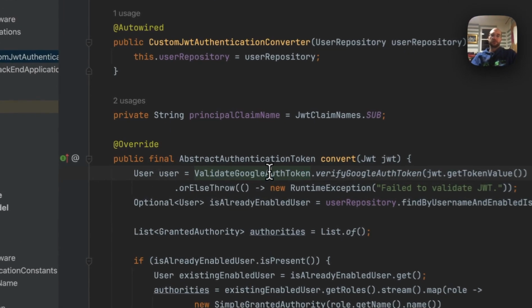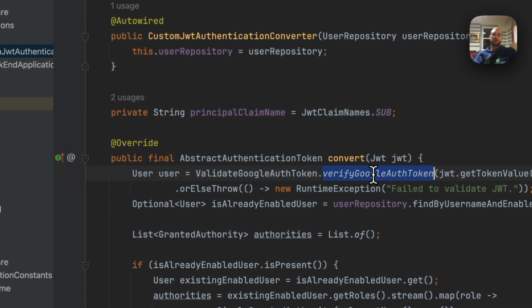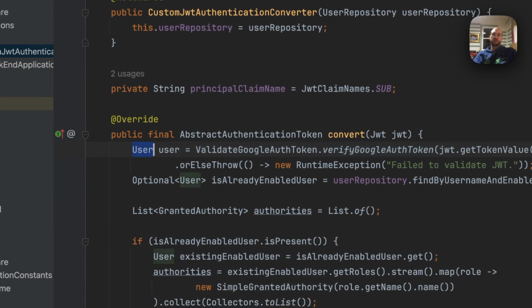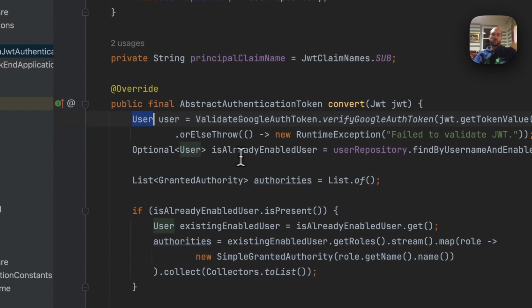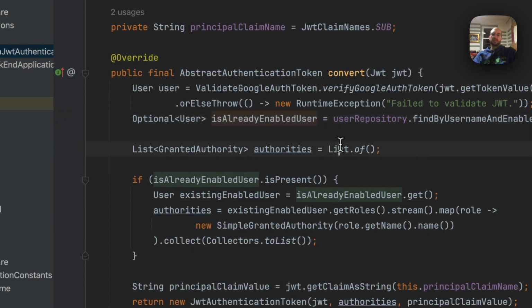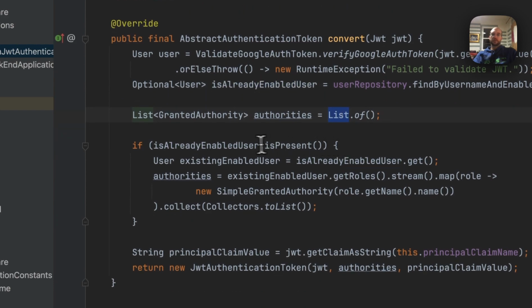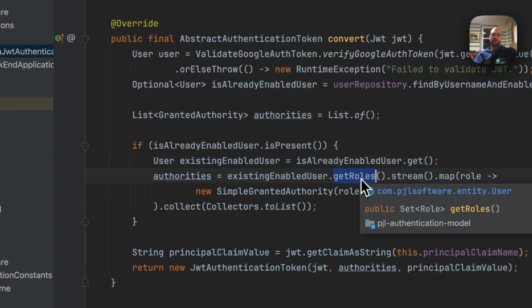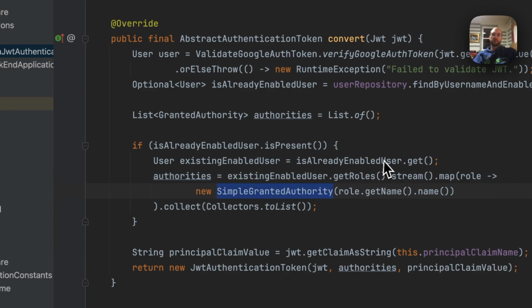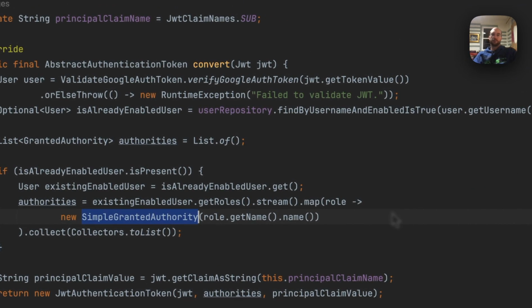Once again, I'm using validate Google Auth token to verify the auth token. This returns me a user, or it just errors out if it can't return a valid user. We figure out if it's already an enabled user, and we have an empty list of authorities. If the user's present, then we get the existing user, and then we get the roles. We map the roles that they have, and we create new simple granted authorities for each role using the role